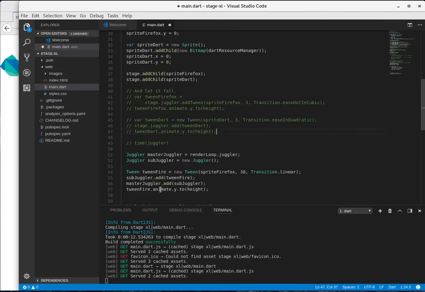So then how do I get the tween fire onto the stage, right? Or on the render loop? What I'm actually going to do is add it onto the juggler, right? So the juggler, stage.juggler, and then add the tween. So I'm going to create the tween right here, subjuggler.add tween fire, right inside here. So for Firefox, I could just add it directly to the master juggler,